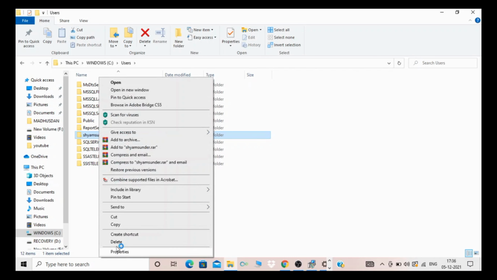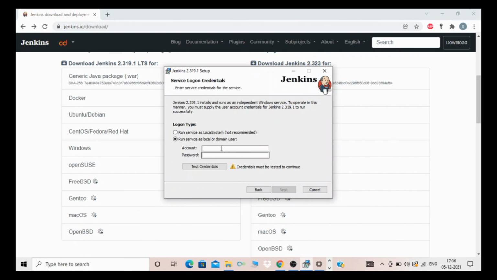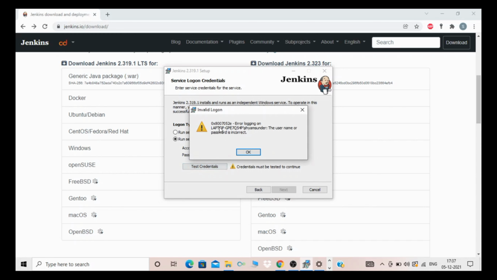We will copy that name, or we can directly put it and test credential. As you can see, this is the way it shows: your laptop name, backslash, username.